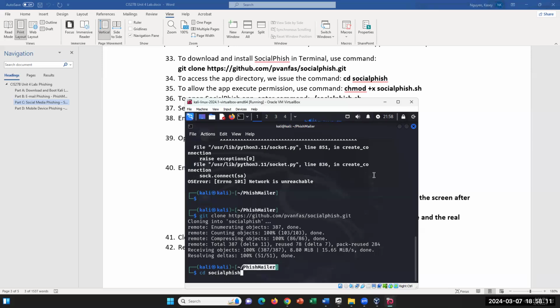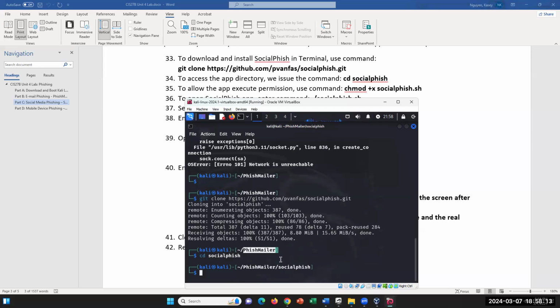Make sure it's bolded. That means it recognizes that. And then I'm inside the directory now. You're going to add the execution permission. So you're going to do a chmod plus x